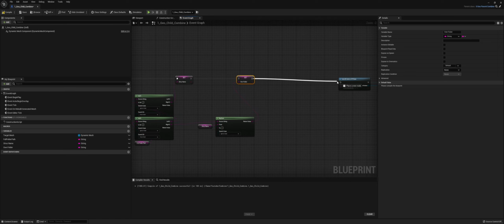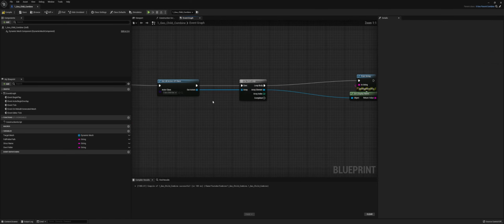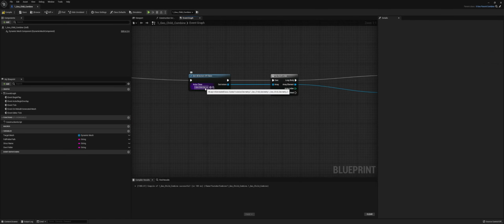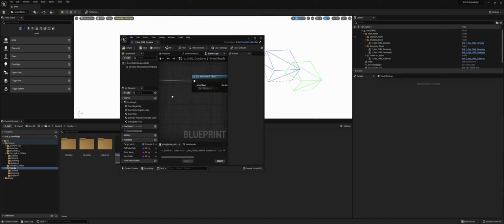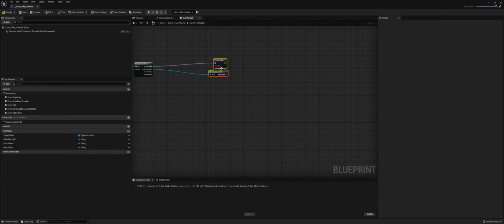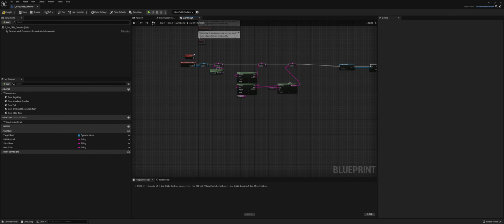So let's plug this back in here. And here we're working only with the geometry, right? It's a bit hard to see, but what we put in here was the geometry. And we want to get all of the geometry, which we're currently doing, looping through them, doing something for every one of them. But we also only want to do this if they're in the same folder as our combine, and if they are in the geometry. We essentially need to do the same thing we did here,